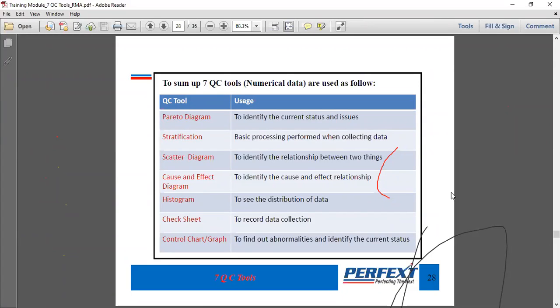Histogram, as I mentioned, like height, if we measure the height of the entire class and put it in a histogram, it would become a normal variation, normal distribution. And if this group is mixed, like male and female are there, the histogram will not be a normal distribution. It would be like a two-peaked or abnormal distribution, because the two genders are there. So looking at the histogram, we can identify that this data has a mixture of processes or a mixture of outputs. So if the normal variation is there, the process should behave in a normal distribution curve.